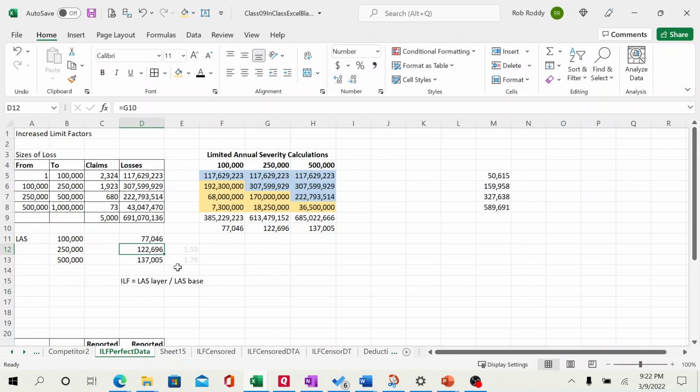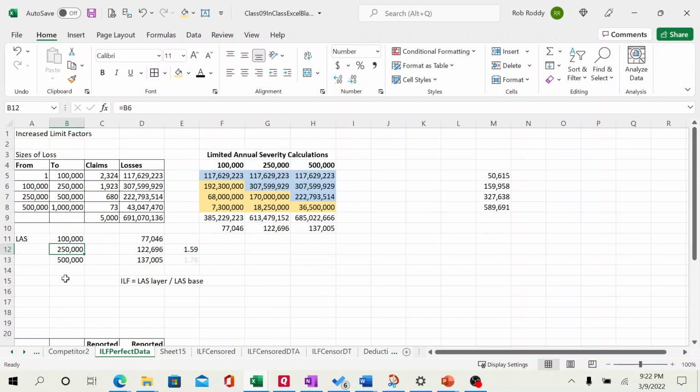So your LAS for the layer is 122,000 divided by 77,000, or 1.59. So if your base rate was $100,000 for BI or for whatever this layer, it'd be $159